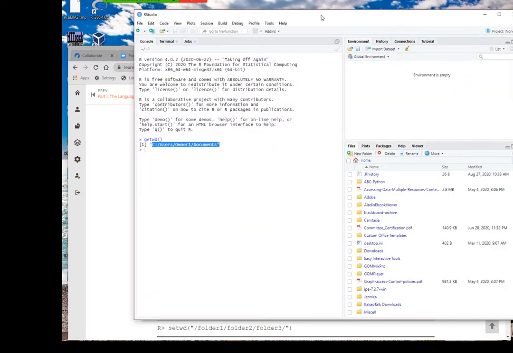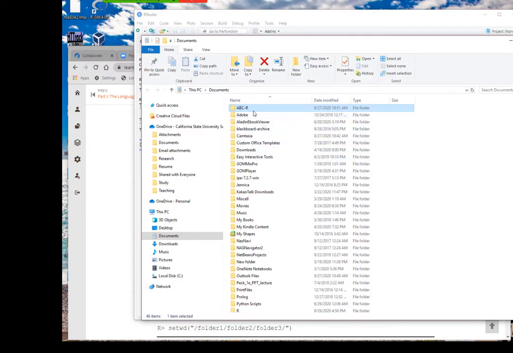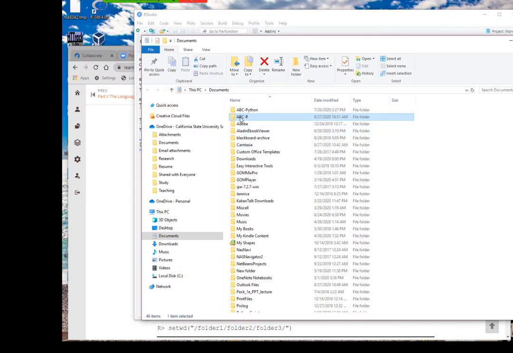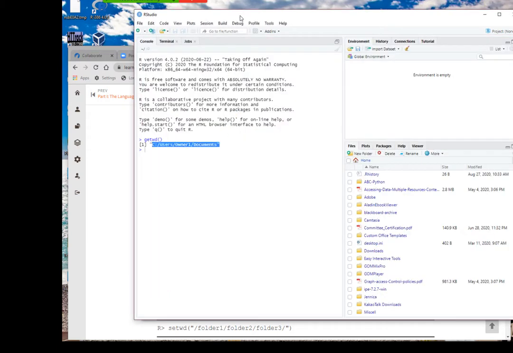Good. So this is getwd. Now I have a directory called ABCR that I just created in the documents folder, and I want to make it my current working directory. The command for that is setwd. By the way, WD means working directory.